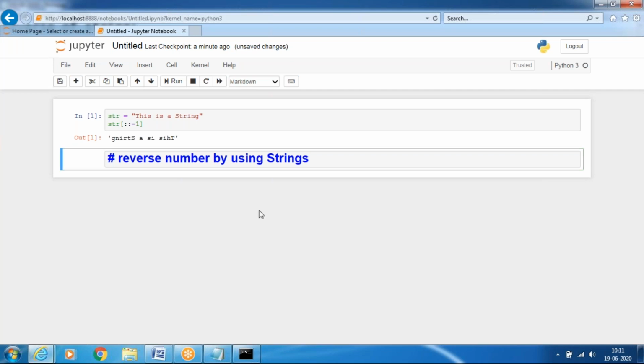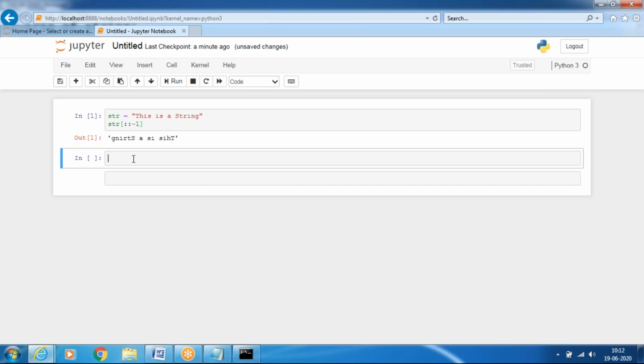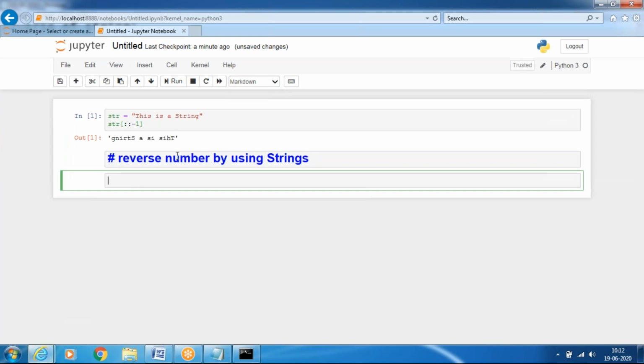How will we write the reverse number? This is the markdown cell. Now we will use a code cell. Click on this and choose code.